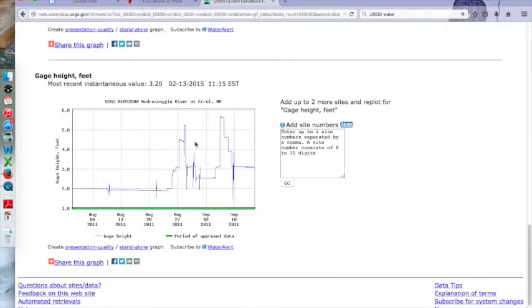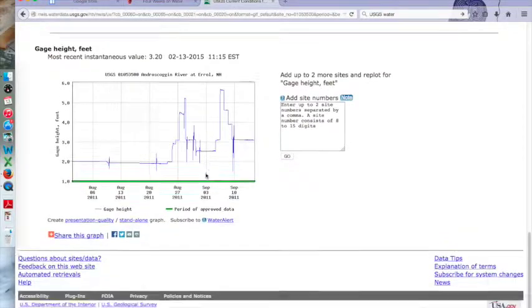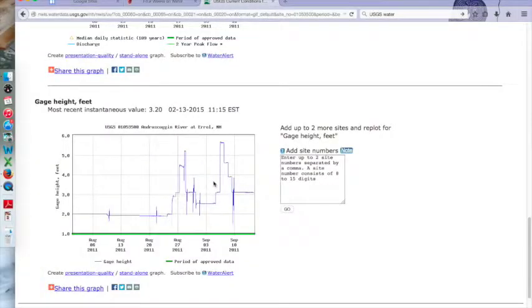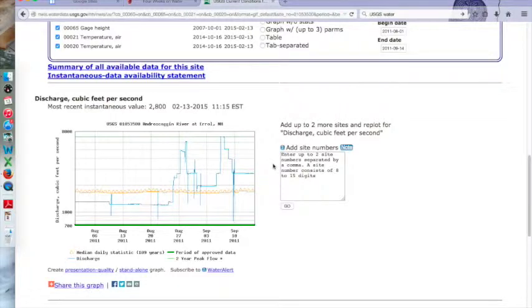You can see here for the gauge height, it also shows a high water event during Hurricane Irene. And we can see that there was another high or large rain event causing high water just a few days later. Say you wanted to use this first graph of discharge during Hurricane Irene for your website assignment for this